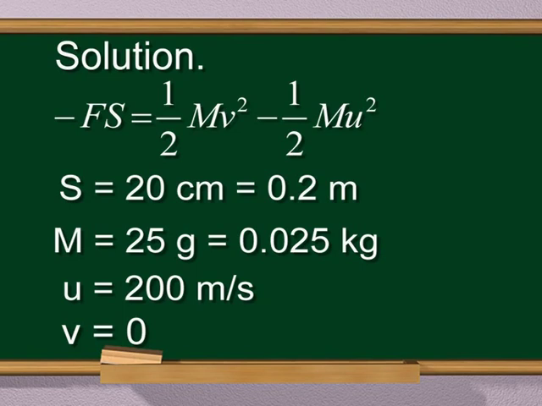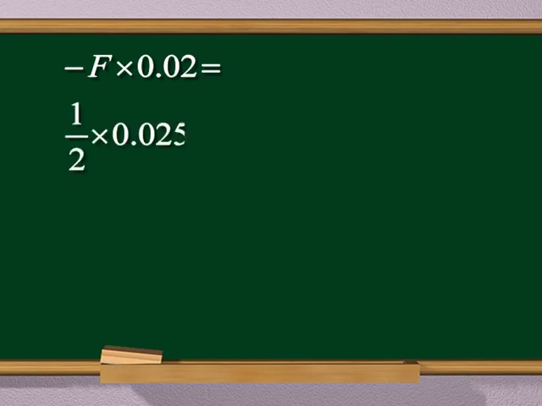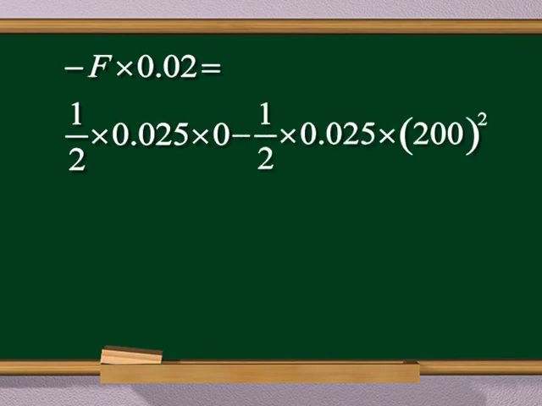On substituting the corresponding values of S, M, V and U in the given equation, we get minus F into 0.2 is equal to 1 by 2 into 0.025 into 0 minus 1 by 2 into 0.025 into square of 200, or F into 0.2 is equal to